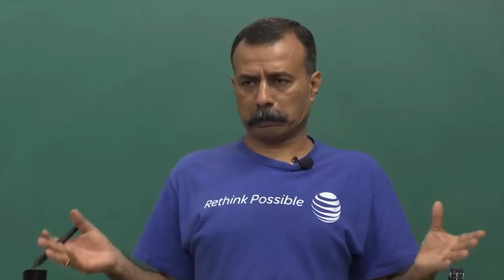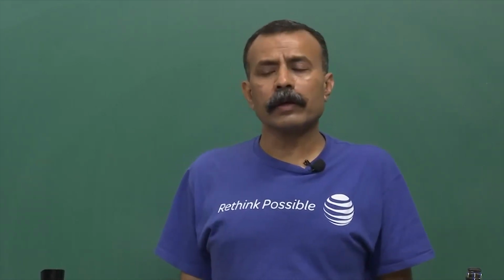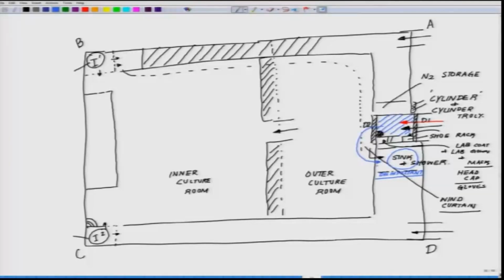So, let us take an example. Say for example, your lab works on deriving tissues, brain tissues, or cardiac muscle, or skeletal muscle, or liver tissue, or some other tissue from a rat or a mouse. Okay. So, the best idea is that all these rats and mice come in different kinds of cages and everything. So, first of all, they arrive from the animal house. So, you have to have a designated animal house, and having said this,